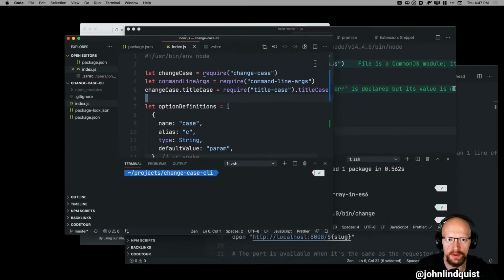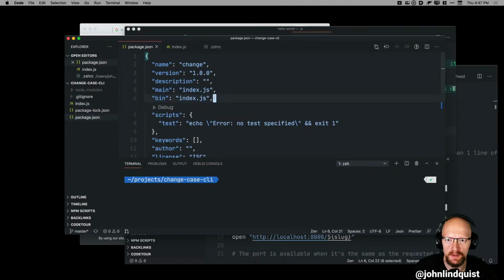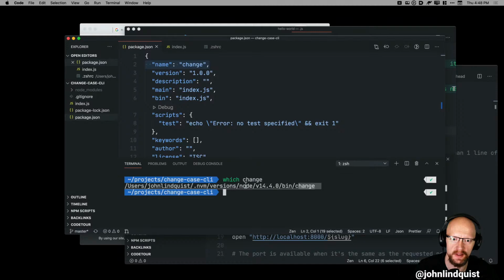So I went through all the steps to do all of this stuff, and then in npm labeled a binary that it would invoke, and then named it change, and then I had to npm link the current directory. And that gave me that alias, so if I do which change, it's now linked in that bin folder, or bin, however you want to say it. But now if I npm uninstall -g change,